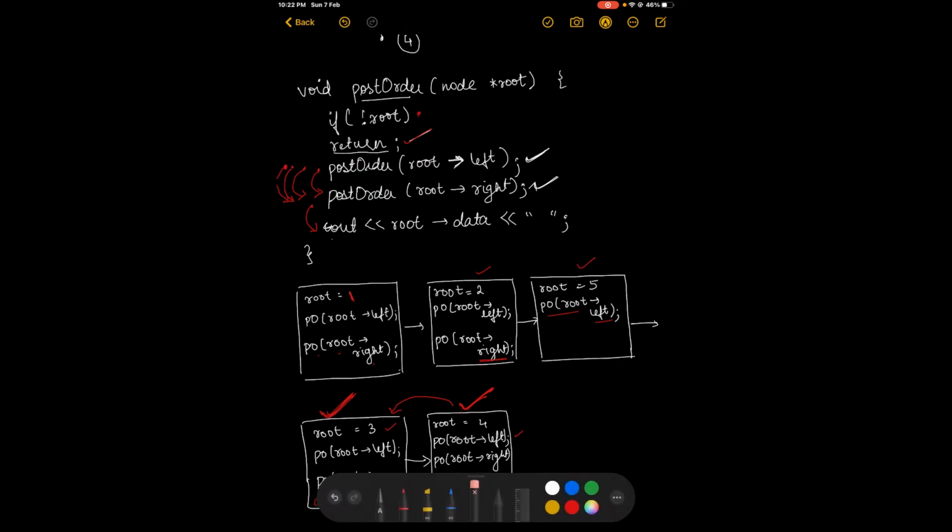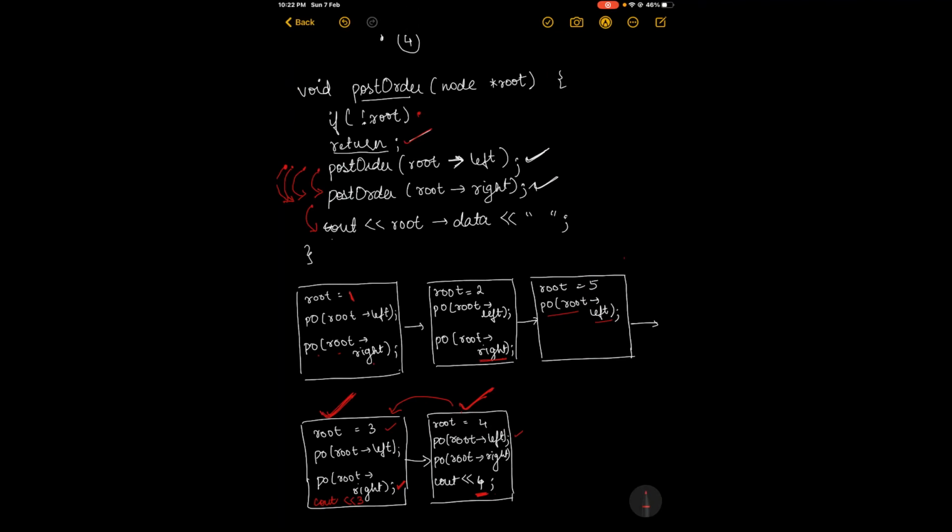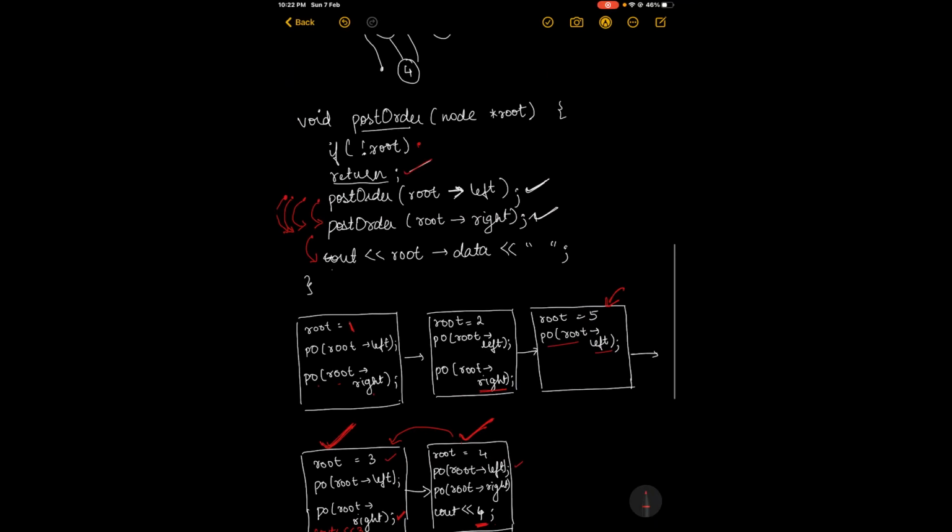Now from here we'll be coming to this block rather. So here we directly went from root left, but the next step would be root right.